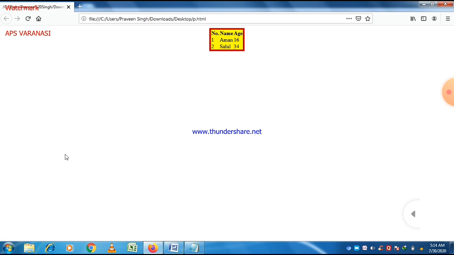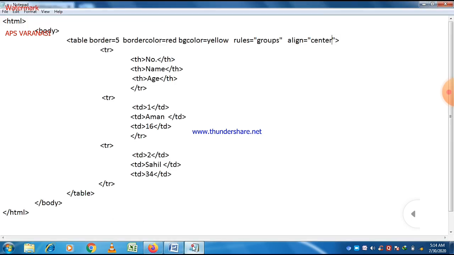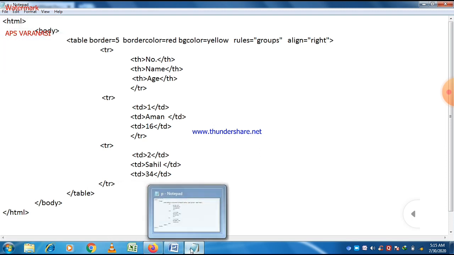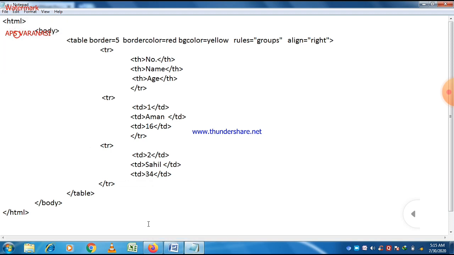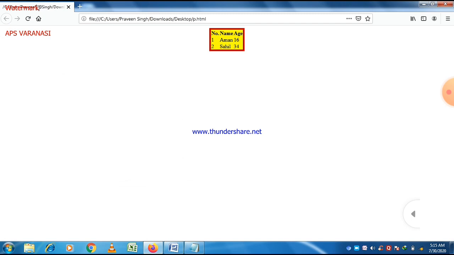And if you want to put right alignment, then just write right in place of center. Now there is the right alignment of table.